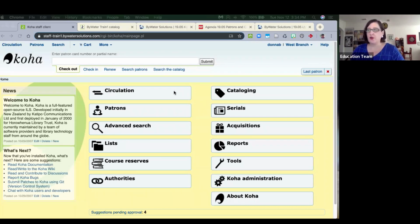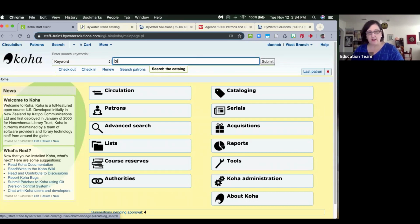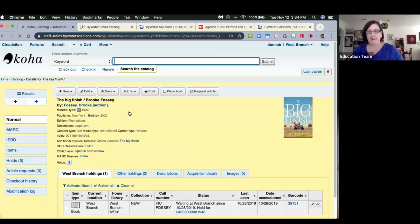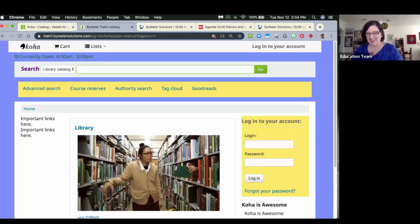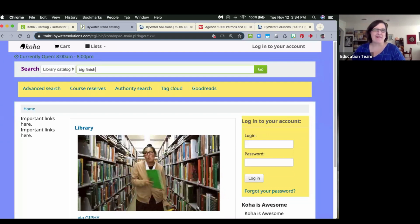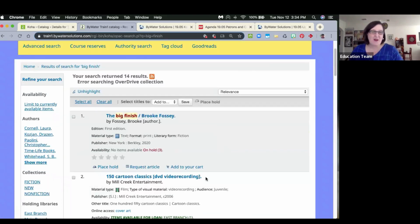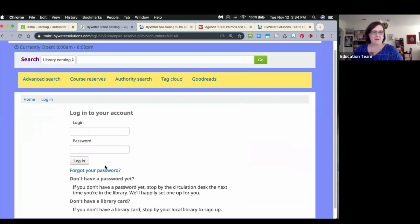This next feature actually showed up in 1811, but you may not have been aware of it. If you are using collection codes, when you are placing holds, item level holds, and Kelly's just dying to tell me that I'm doing it wrong, I can tell. Need to be in the OPAC for this, not the staff client. Okay, when you are placing holds on here, and I am placing,